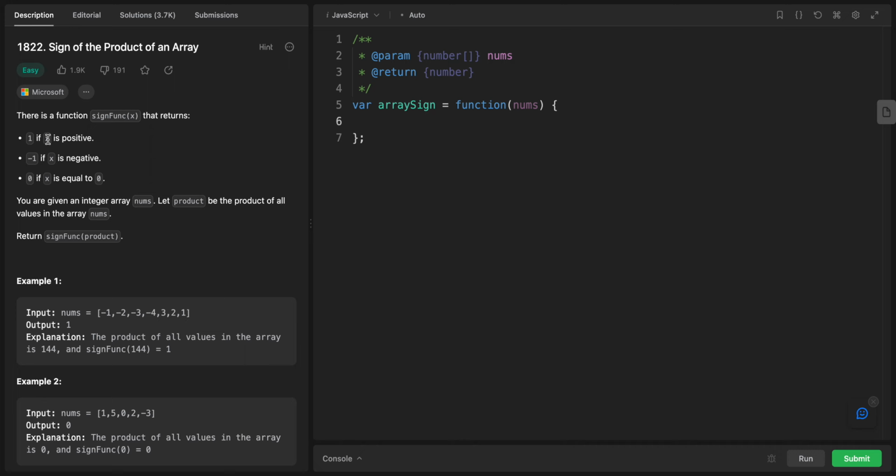It's called sign of the product of an array. There is a function called sign function that returns 1 if x is positive, minus 1 if x is negative, and 0 if x equals 0. We are given an integer array called nums. Let the product be